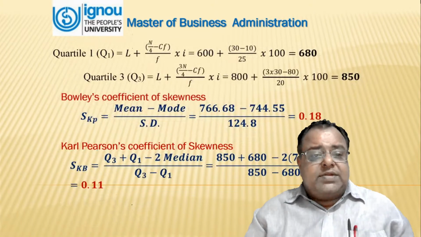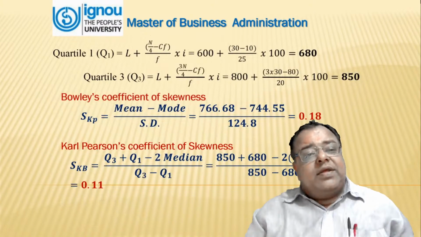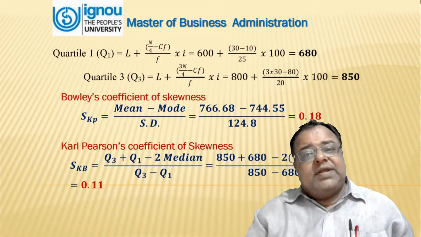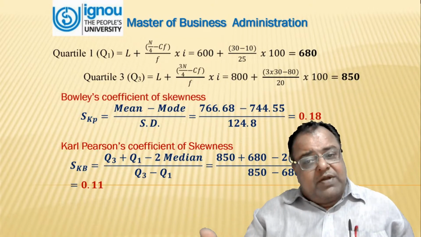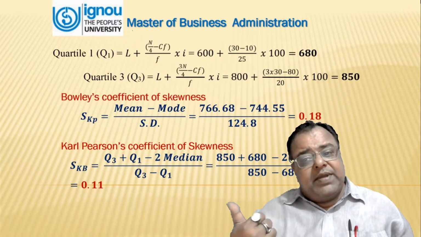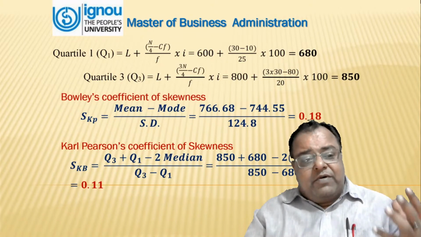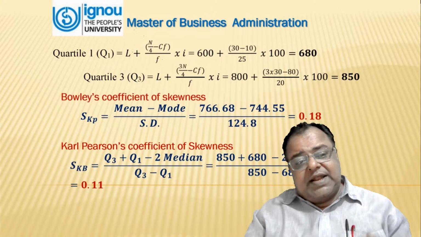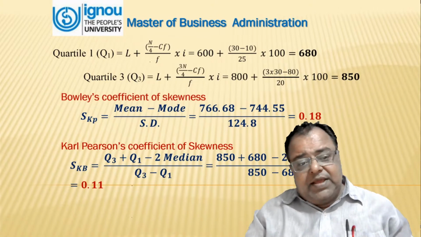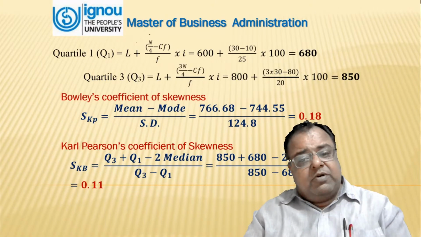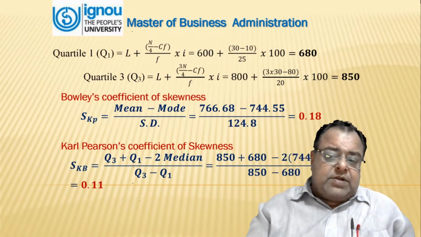Now, quartile 1 is Q1. The formula is known to us. Quartile Q1 will be 680, Q3 will be 850. Now, what is the formula for Bowley's coefficient of skewness? That is denoted by SKP equal to mean minus mode by SD. It comes out to be